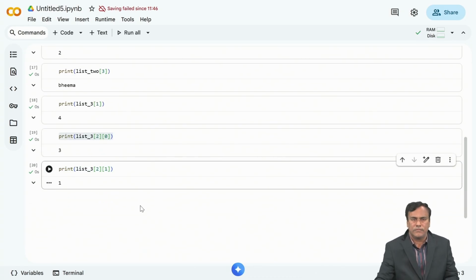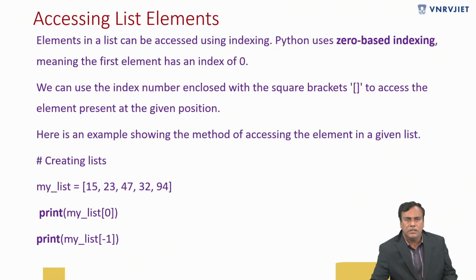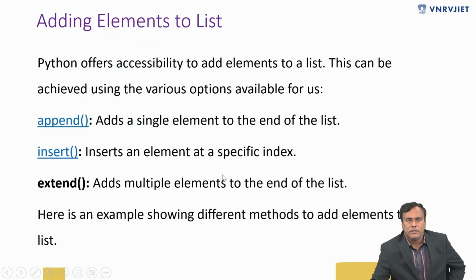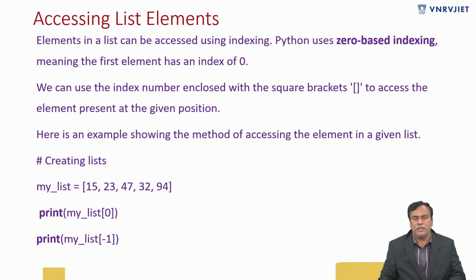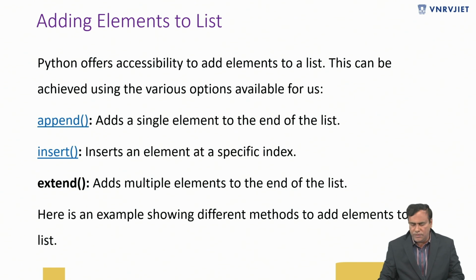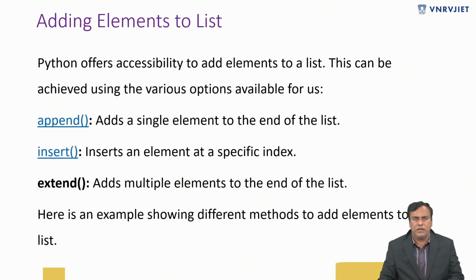So this is how you can access the individual elements of a list. So that is what we have seen here. Yeah, creation of a list we have seen, and then accessing the elements of a list we have seen, right? So by using this index, you can access the elements of a list. Now,